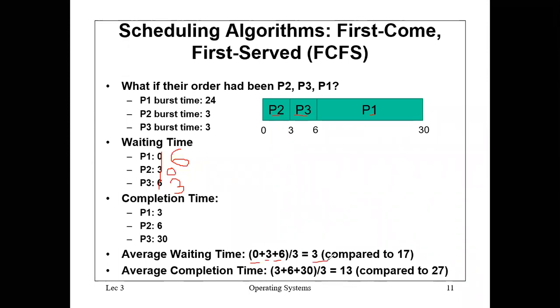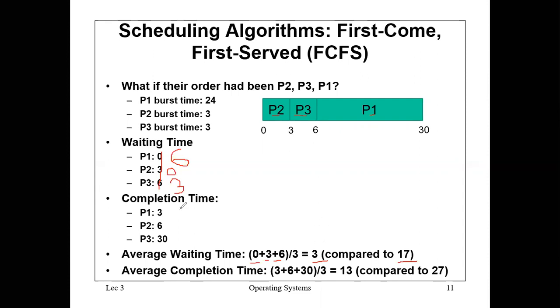Now, one thing you will notice is that in the last one, it was 17 seconds. Now you just have to wait 3 seconds just by changing the order, nothing else. They are the same processes, taking the same amount of time. You are just giving P2 and P3 first, which means you change the order and you have a huge improvement in performance. It's almost 5 times faster than the normal case. So if you have a computer where the order is P1, P2, P3, you have to wait 17 seconds, whereas in the other case, for the same computer, if you just change the order, you have to wait 3 seconds only.